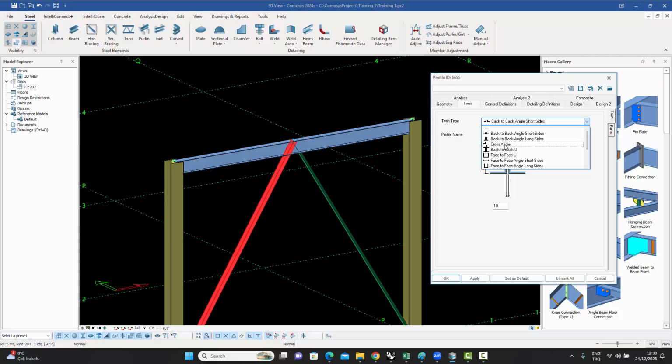It could be a cross angle. It could be back-to-back channels. It could be face-to-face channels. It could be face-to-face angles with the short sides facing each other, for example. Or it could be the face-to-face angles with the long sides facing each other. It could be an angle box, which means four angles arranged in a way that they start looking like a box. What that tells you is that a twin profile doesn't necessarily have to